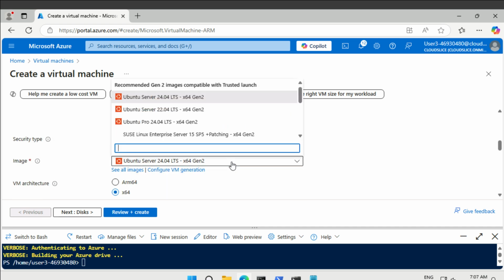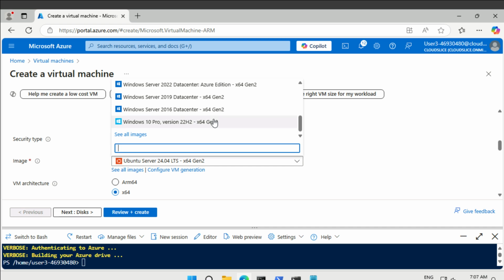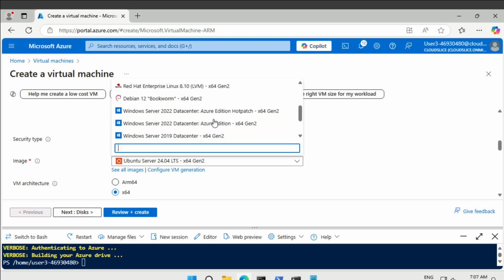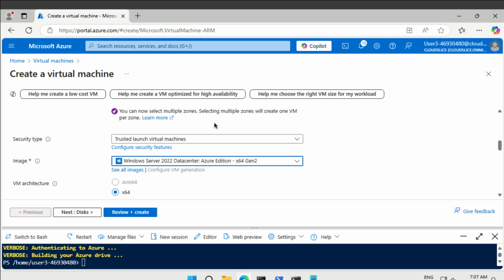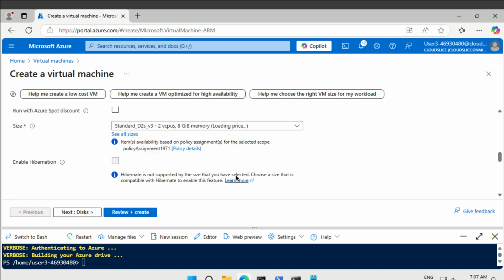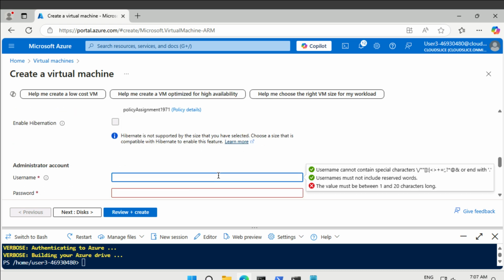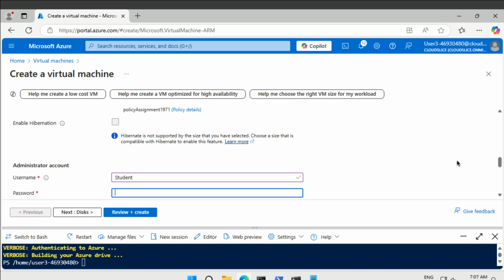The image is going to be a Windows one. We want 2022 data center. Then the username is going to be student. Password is going to be